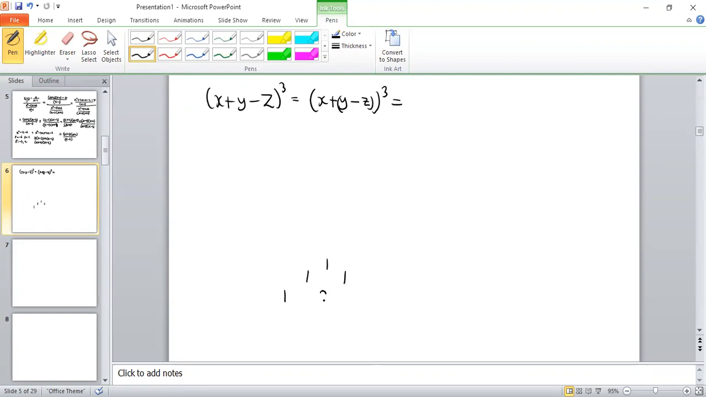Since this is power 3, we can use Pascal's triangle to expand that. So 1, 2, 1, 1, 3, 3, 1. Since this is power 3, these are the coefficients. In our case, if we have an expansion of a plus b to the power 3, our a in this case is x, our b is y minus z, and we know that the expansion of this will just be a to the power 3 plus the